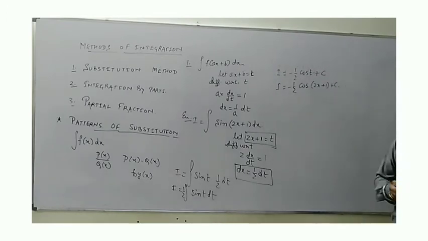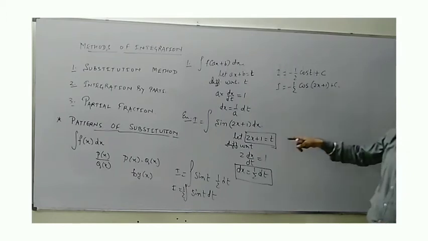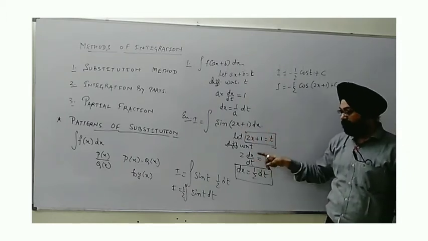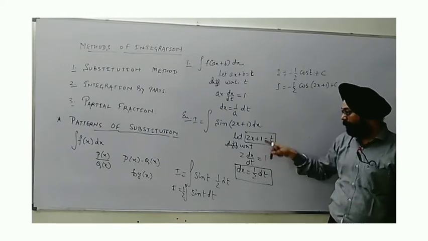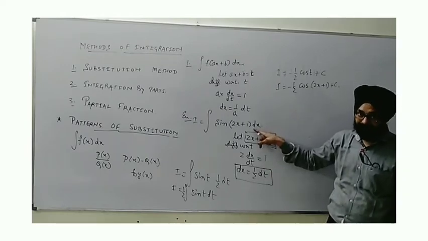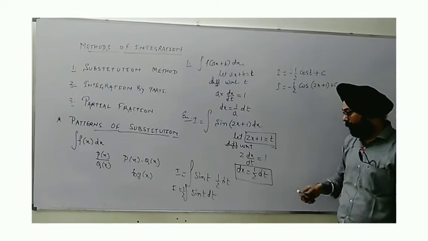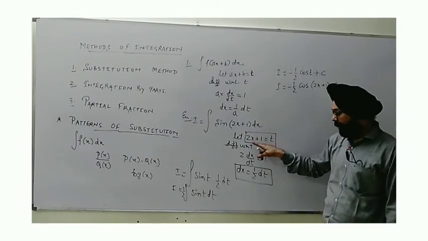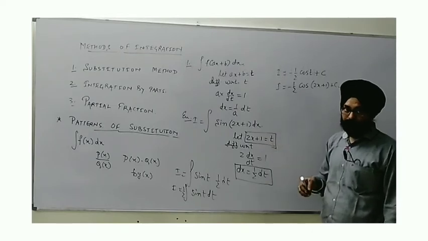But there are some conclusions. It is not always a compulsion that you take this linear polynomial equal to t and differentiate. Here, finally we need to get the value of dx. That's why we simply put d with the variables x and t. I will show you again by example.